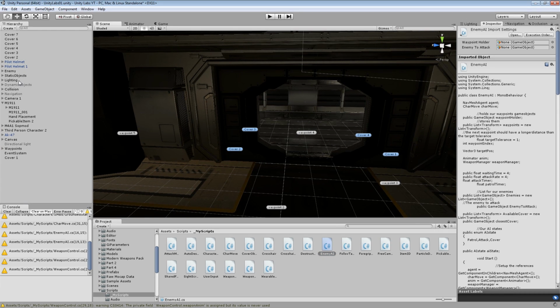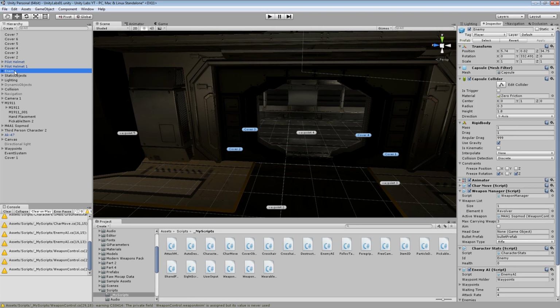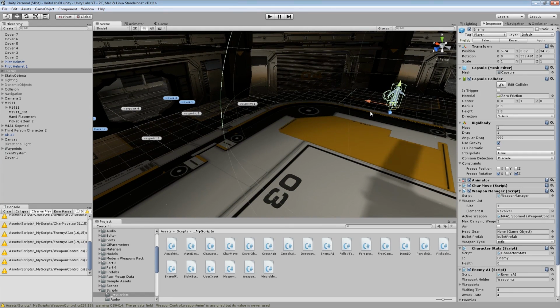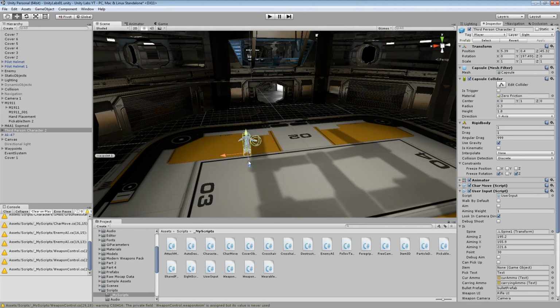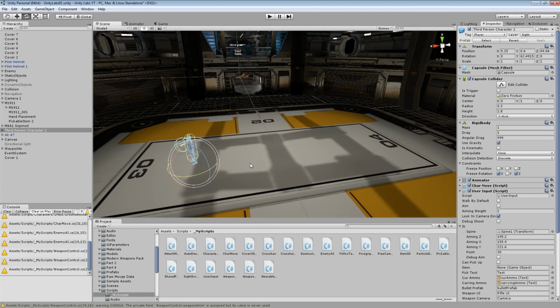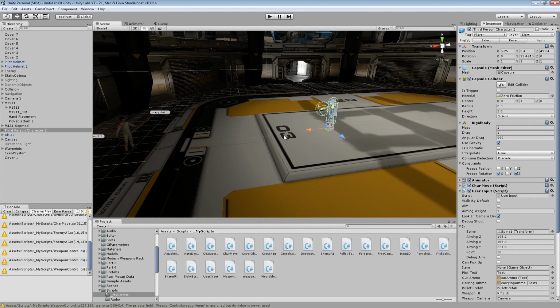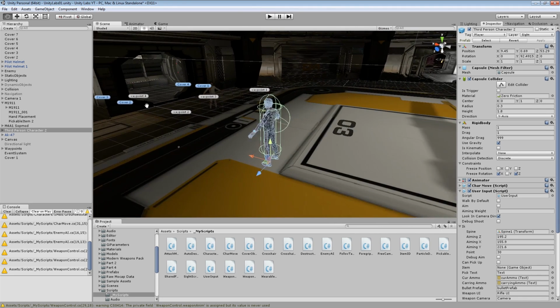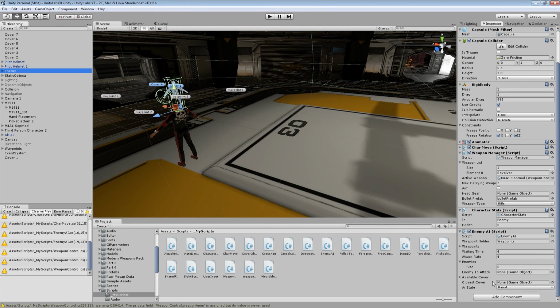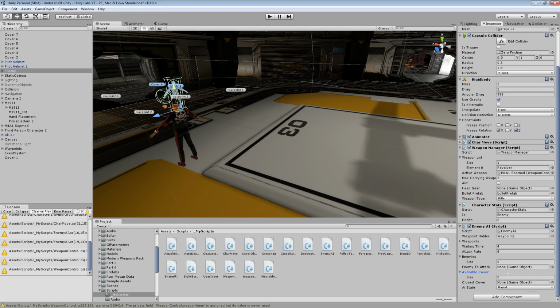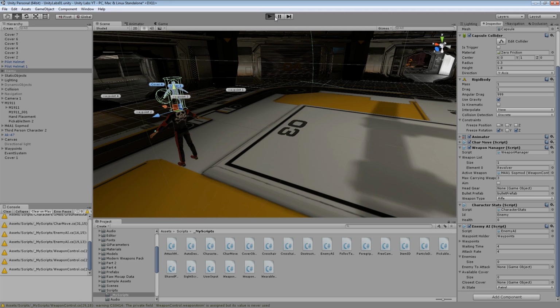I will unmaximize it and hit play, and we're getting some errors because of course we don't have an enemy to attack. And why we don't have an enemy to attack,